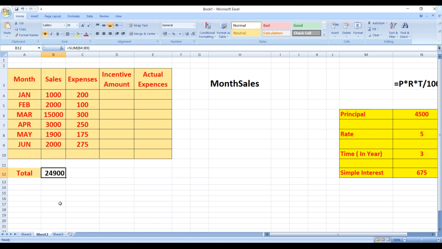I will say copy. How to say copy? Tell me how to say copy. See, here is my option for copy. So I'll say copy, and then I want the formula here the same way. So I'll say paste. Has it pasted? No.